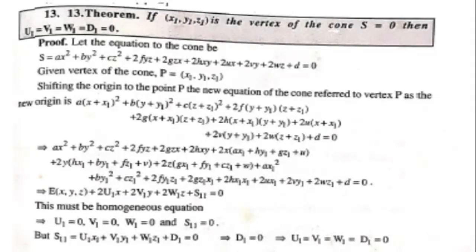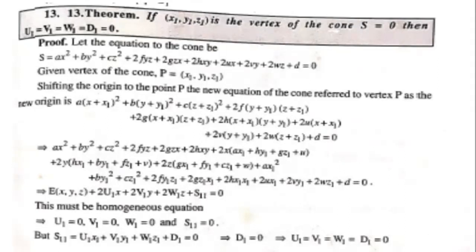Let the equation to the cone be S given by ax square plus by square plus cz square plus 2fyz plus 2gzx plus 2hxy plus 2ux plus 2vy plus 2wz plus d equal to 0. And given the vertex of the cone P is x1, y1, z1. Now shifting the origin to the point P,